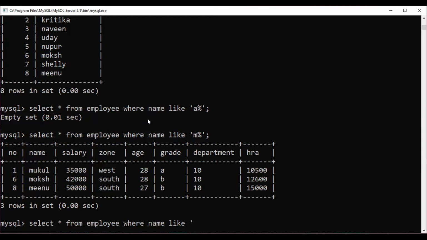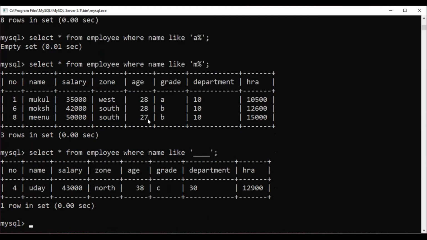Underscore for the first character, second underscore for the second character, third underscore for the third, fourth underscore for the fourth character, then close and semicolon. You can see this is the only name which contains 4 characters.